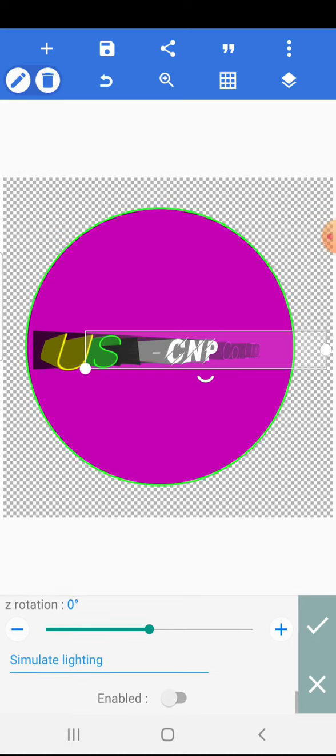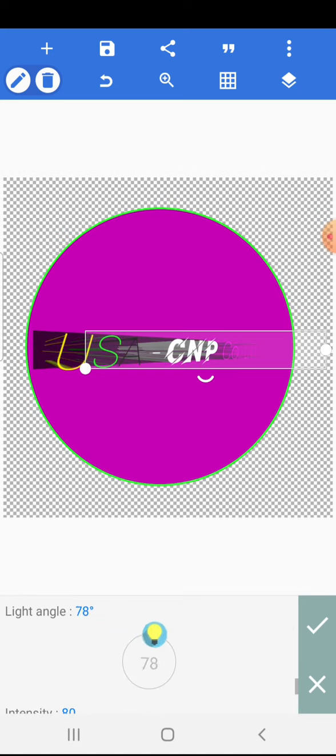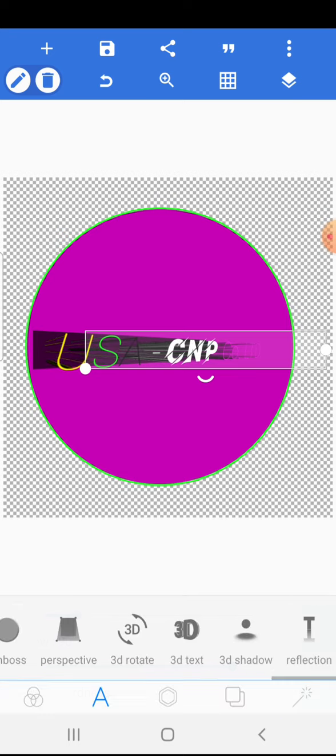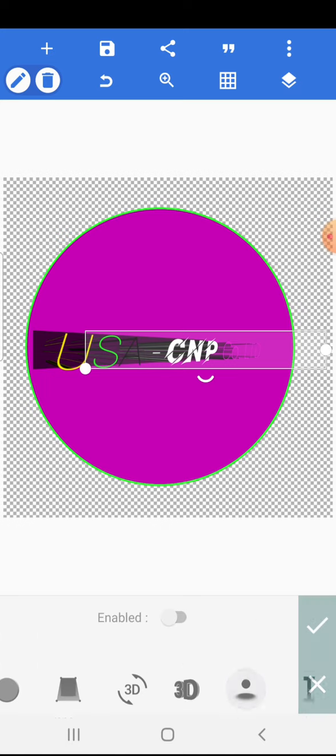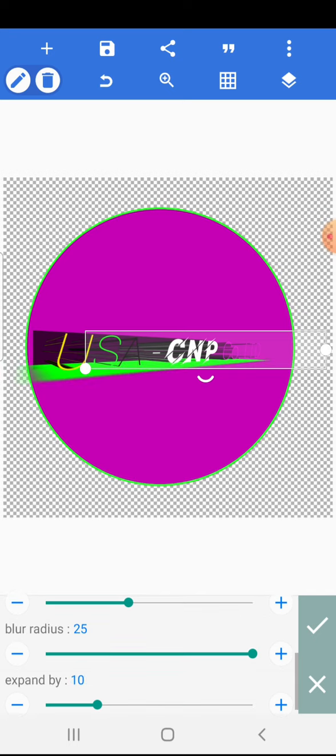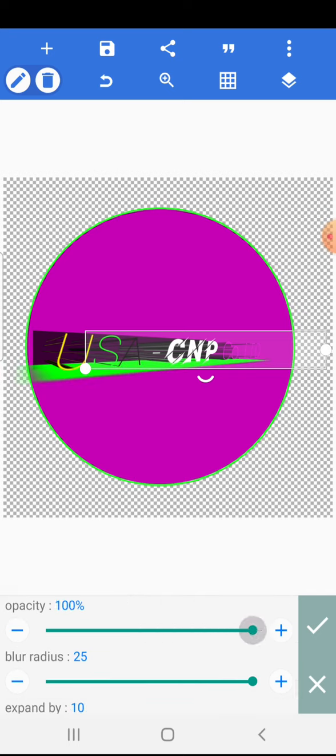Wow, interesting, very amazing 3D text logo. Okay, 3D text logo, 3D shot. Wow, 3D shot, 3D shot text,